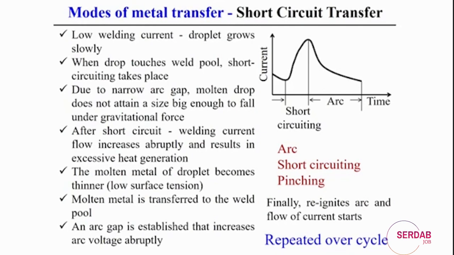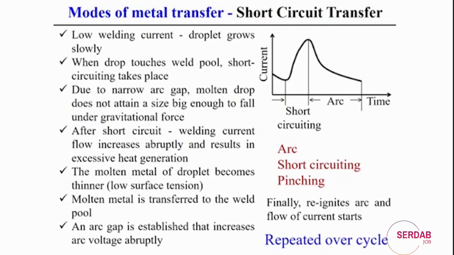There is a continuous increment of the current, and with it the heat generation also abruptly increases, which results in a decrease of the surface tension force at that point. So the molten metal droplet becomes thinner and thinner due to the low surface tension at the